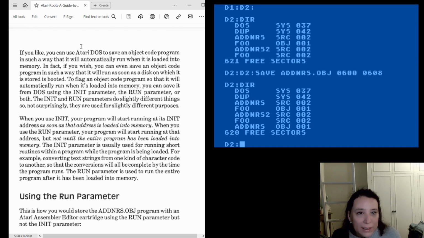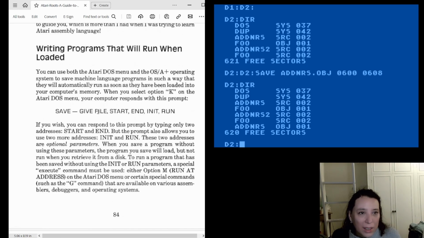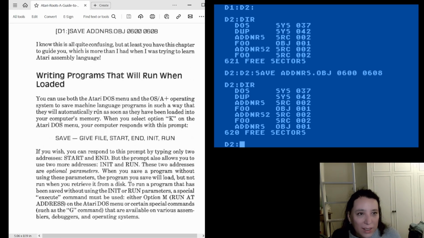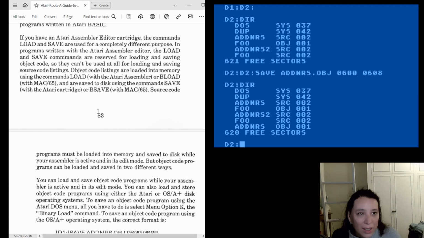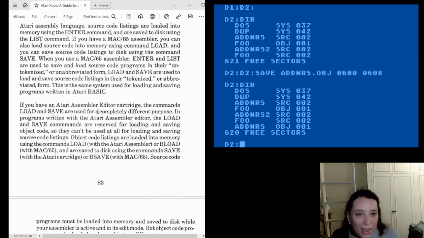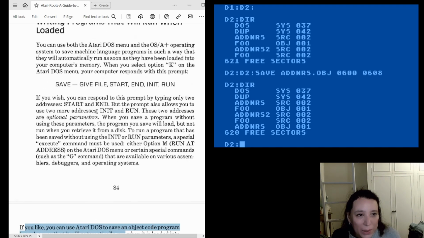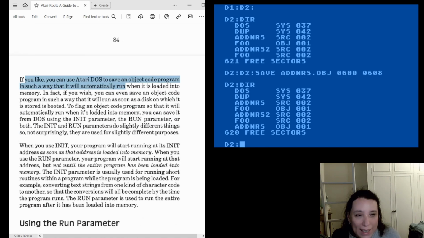If you like, you can use Atari DOS to save an object code program in such a way that it will automatically run. Didn't we just read this sentence? Let's check. I think I just switched dimensions then, because I swear I just read that. Anyway,